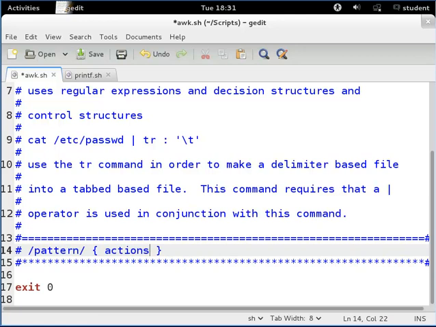So you don't need spaces around the pattern with the slashes. You do need spaces with your actions. Those curly braces need spaces around them. You can't have it smack up against your actions. And that is a basic format for awk. So how can we use it, for instance? Very simply,